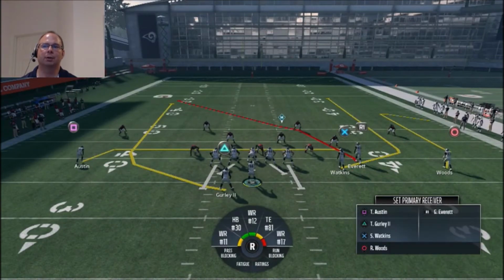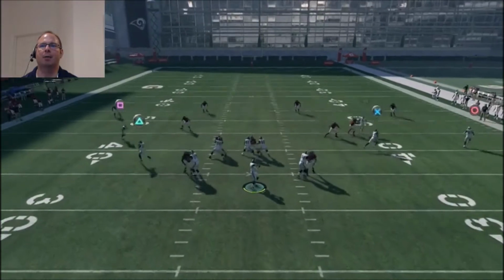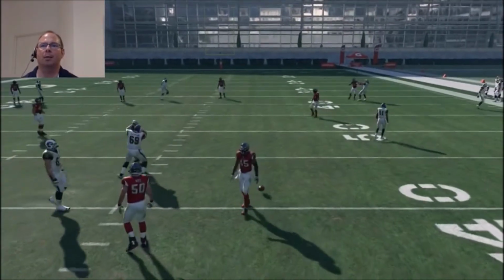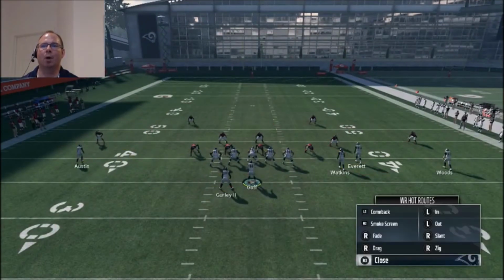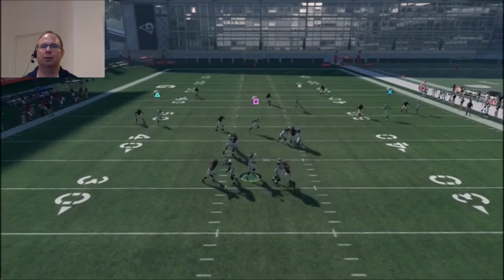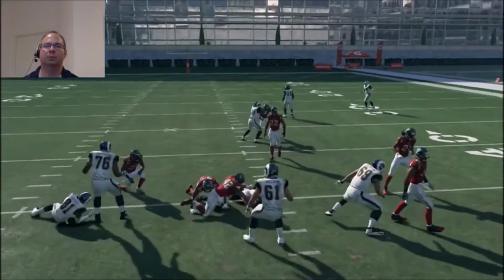Now, one of the things I did do is a deep comeback route as far as my labs, and I found that it can be covered. That comeback route and the seam route by Watkins can actually be covered by one defender. So I didn't really like that combination whatsoever, but I've got this little drag route underneath that I can go ahead and do a little zone right there. So that's what's really cool about this